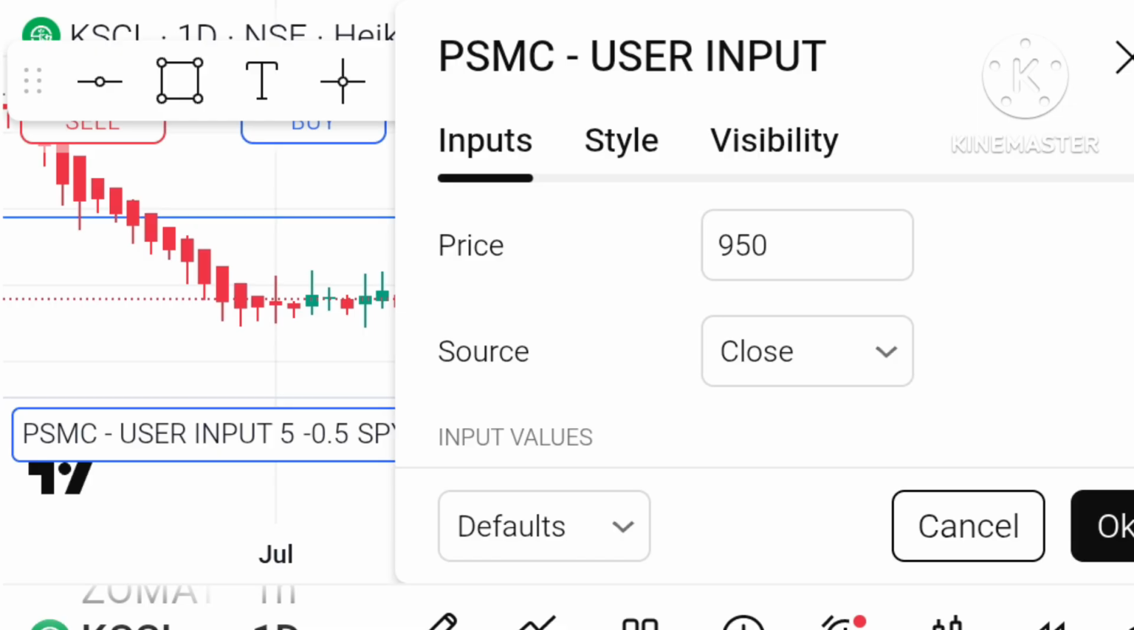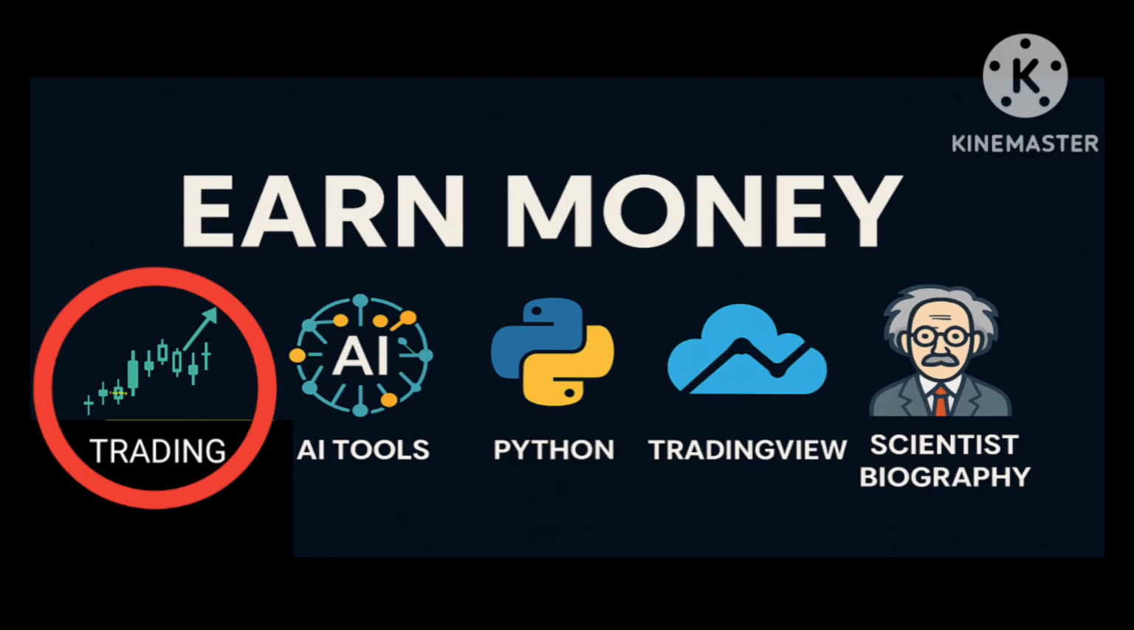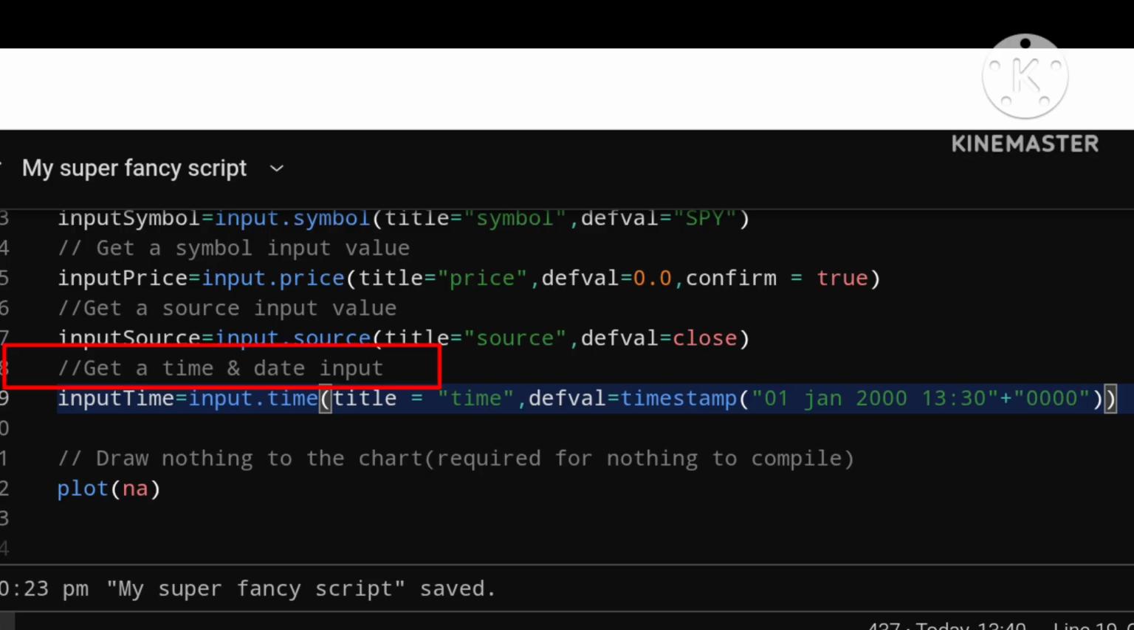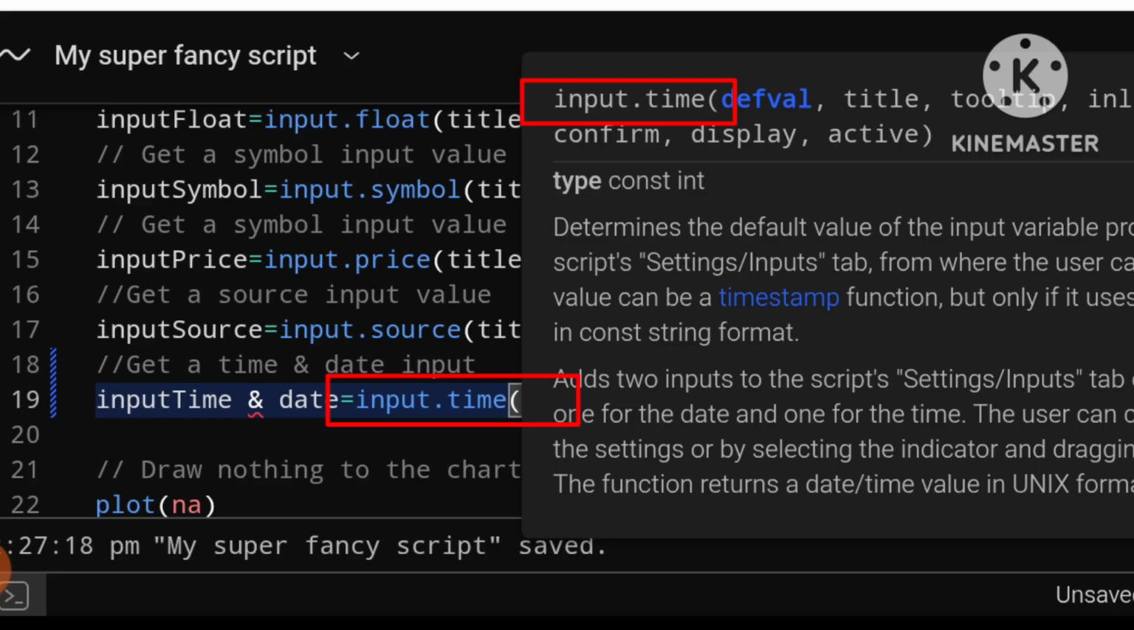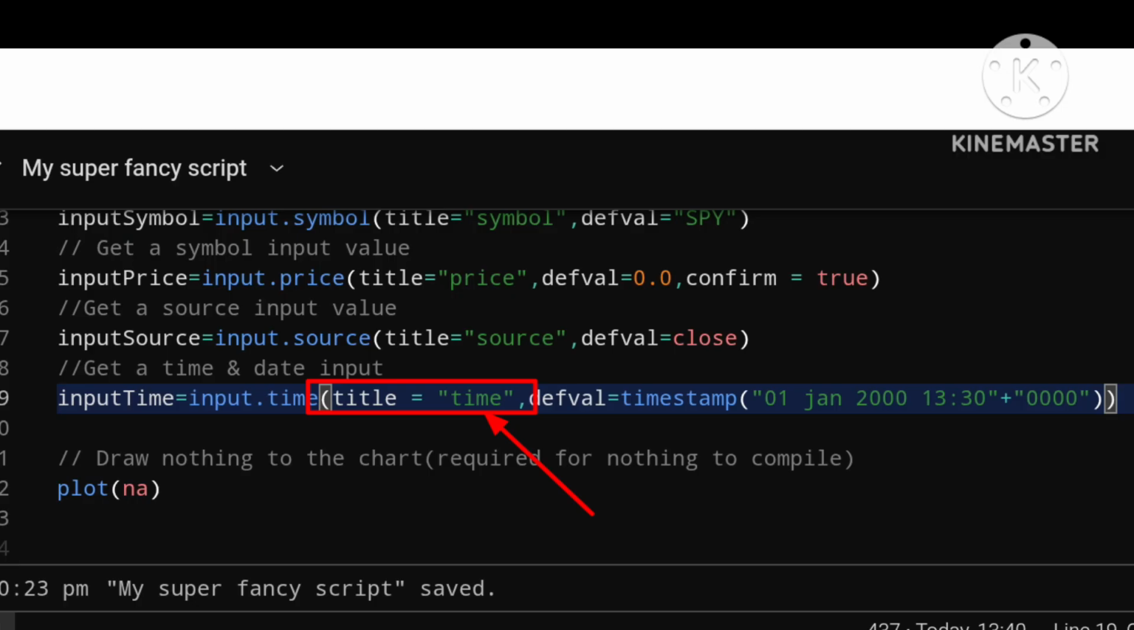Let us move on to the next input, which is going to be the time and date input. This input will get us a specific time and date. So input dot time is the function. If I hover my mouse there again, we don't have any extra options to work with here. We just have a title. So I will call this time